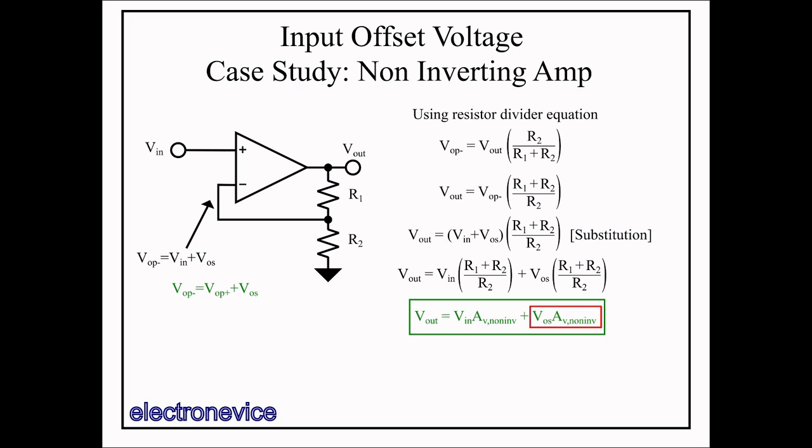This result is very important for designers because V offset can be a significant error term in a sensitive signal chain and must be compensated for. Additionally, if you have a lot of gain in your signal chain, your entire signal chain can rail with no signal if you're not careful to keep the offset of the first amplifier low enough.